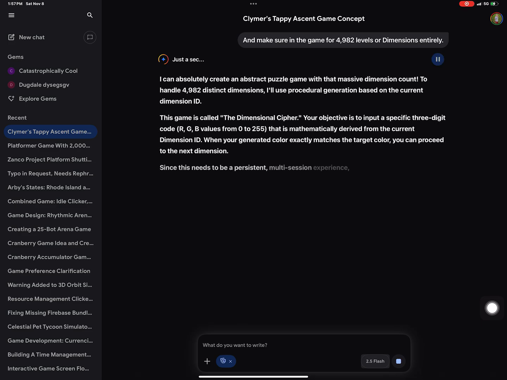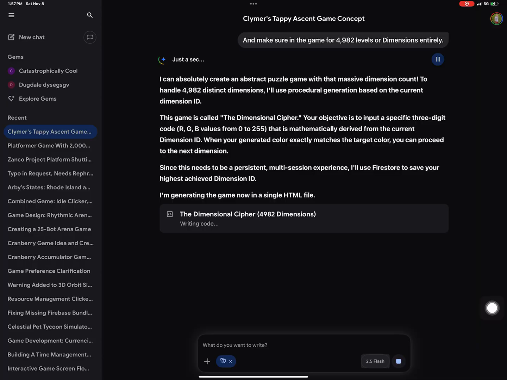I can absolutely create an abstract puzzle game with that massive dimension count. To handle 4,982 distinct dimensions,